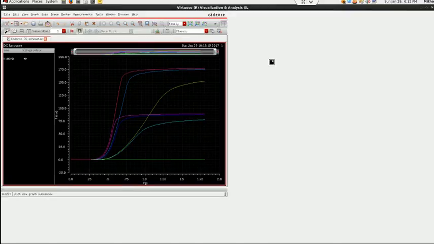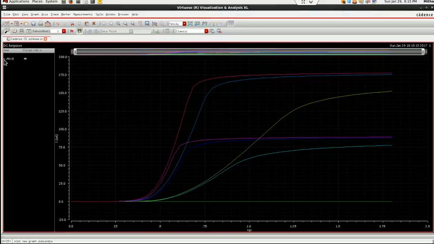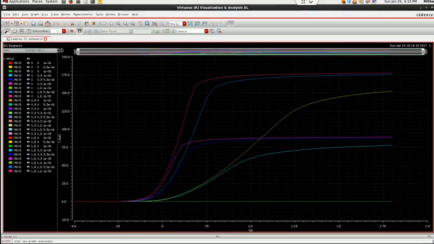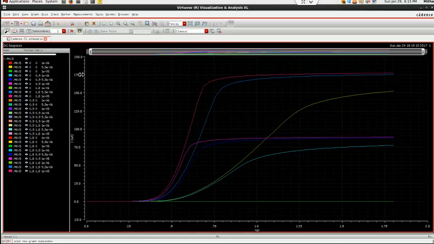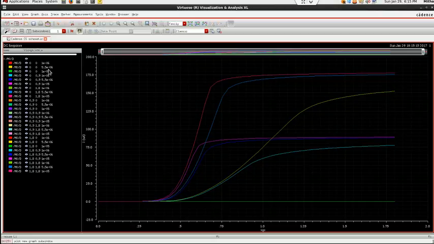Okay, so it's done. If you click on this one, it will show you. So this is for W, this is for VDS, this is for VGS. Let's suppose this is when VGS is 0, VDS is 0, and W is equal to 1 micro. For this you can see the curve is almost 0. There is no current.